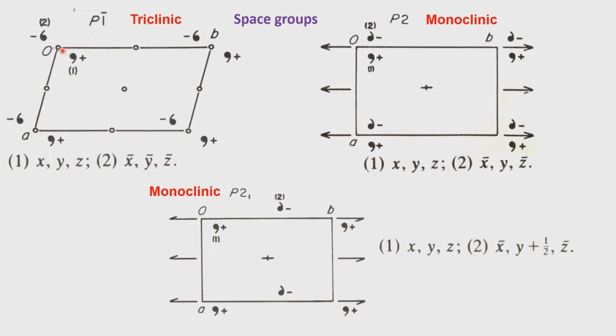So, if the object has a center of symmetry, it cannot change its center of symmetry. I mean, this is a point which will come as a very important issue when we discuss the various possibilities of what we call special positions. So, 0 0 0 is a special position. Now, if the object is associated with 0 0 0 and that is the special position, then the other centers of symmetry which are in this diagram, they are all different centers of symmetry. So, each one of the centers of symmetry has to get an identity.